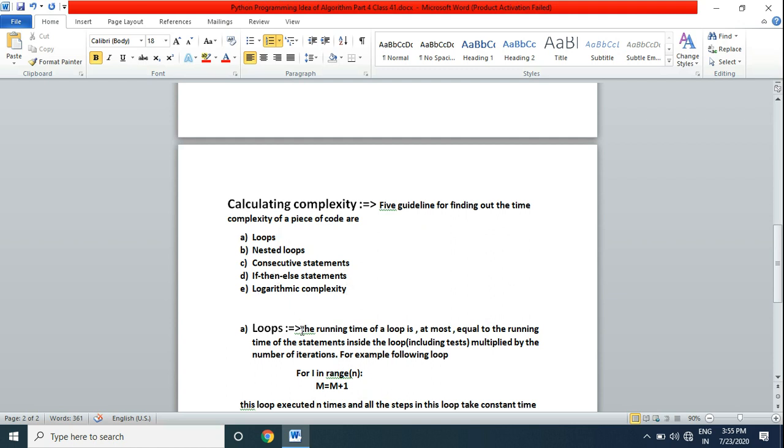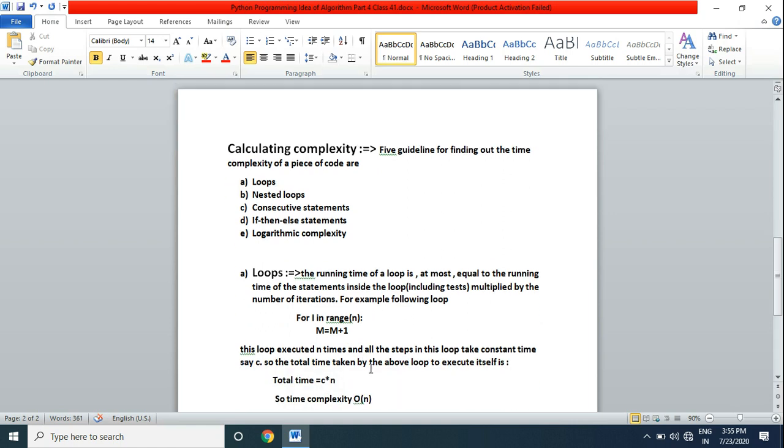First is loop. The running time of a loop is at most equal to the running time of the statements inside the loop, including tests also, multiplied by the number of iterations. Like we have a loop for i in range n, and m equals m plus 1. So this loop will execute n times, and every time the loop executes, it calculates the same task, m equals m plus 1.